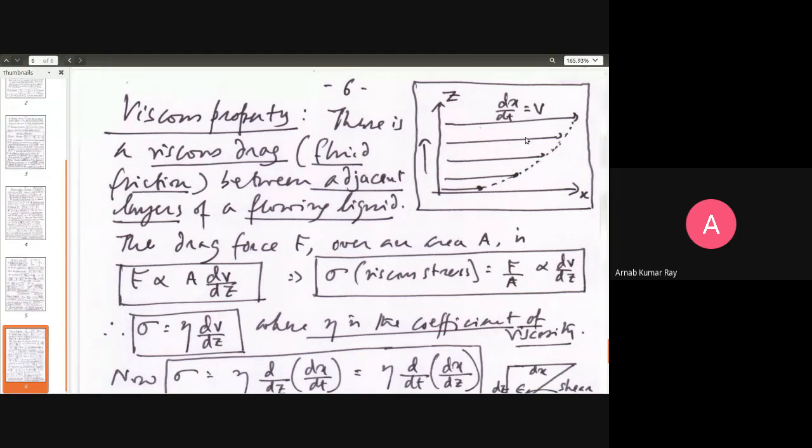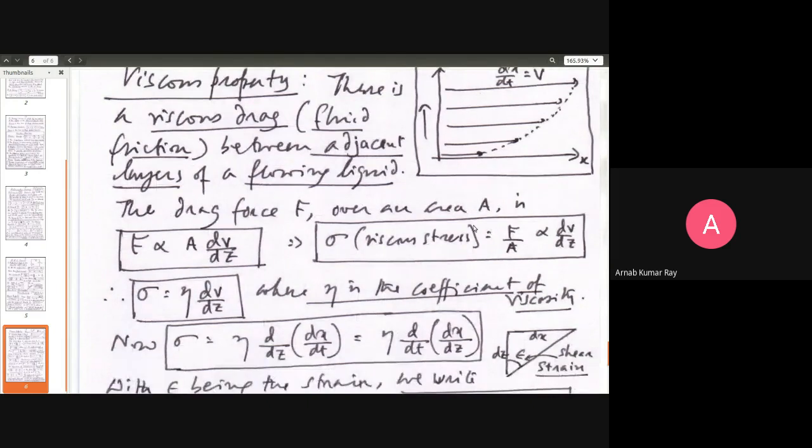So you have a layer here and a layer here, in contact with each other, although this gap doesn't suggest contact between the two layers, but I've drawn this for simplicity of understanding. You have two such layers in contact with each other, and the area of contact is capital A. Then the drag force between these two layers: mind you, the bottom layer is trying to pull the top layer back, and the top layer is trying to pull the bottom layer forward, right? That's how it is. It's just that the top layer moves faster and the bottom layer slower.